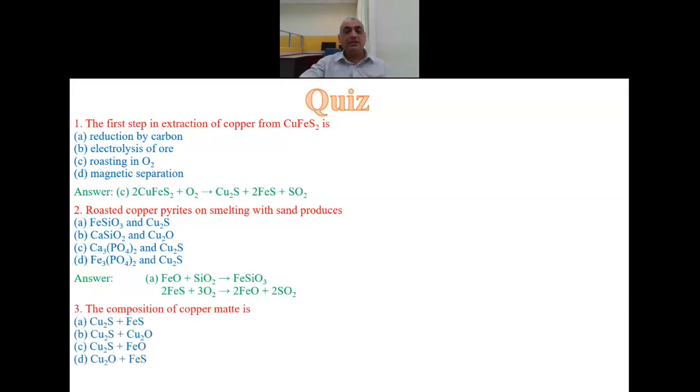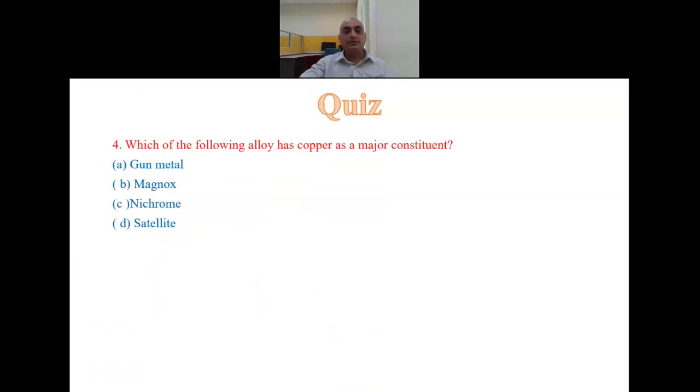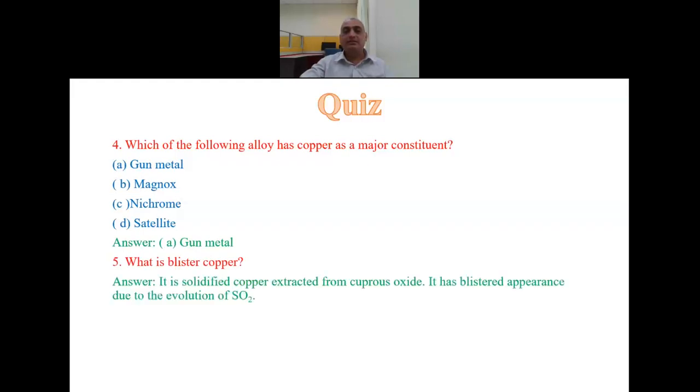Our next question is, the composition of copper matte is, you have these 4 choices. Please choose the right one. The right answer is choice number 1. The next question is, which of the following alloys of copper has, you have 4 choices, like 1, 2, 3. Choose the right one. Yes, the right answer is gunmetal. What is blister copper? The answer is